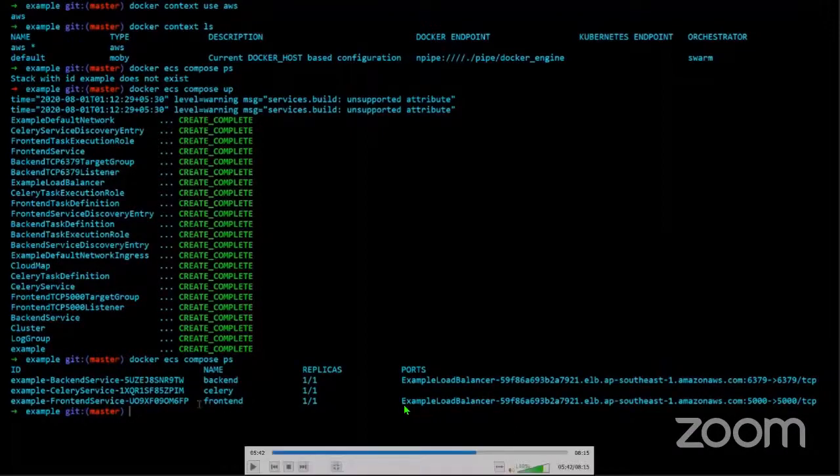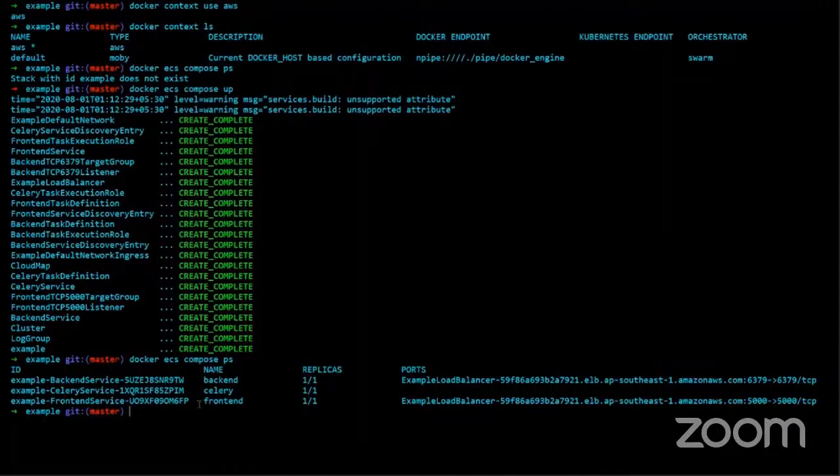And also we have the load balancers available as well, right? So we don't need to worry about creating anything. And neither do we have to worry about creating the VPCs and configuring the subnets, or enabling the service discovery. Everything is being taken care of by default by this plugin itself, right? So since it's available,